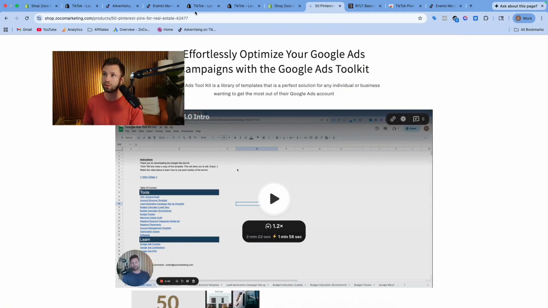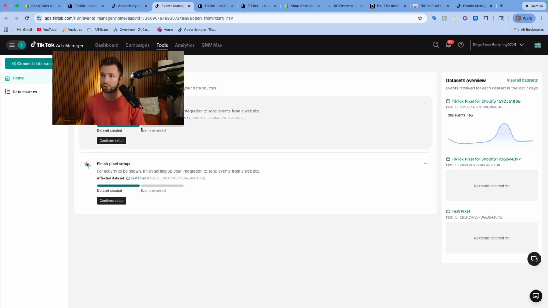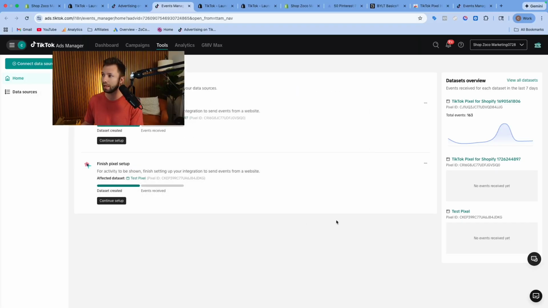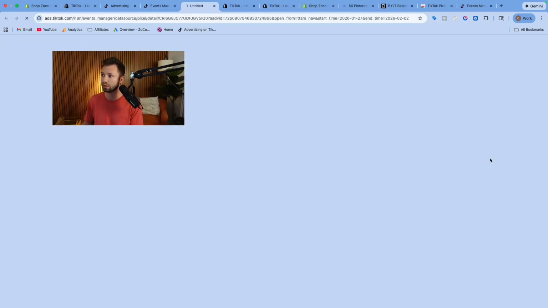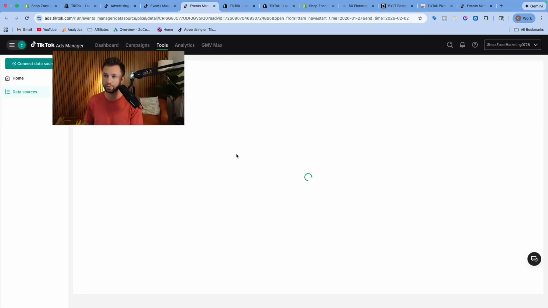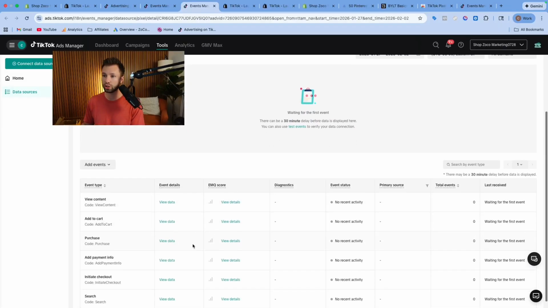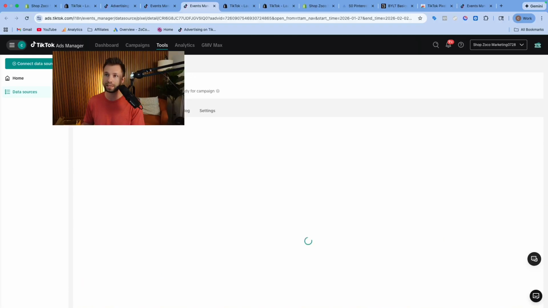Now, the second way that you can verify it is by going back over here to your events manager inside of your account. Once again, in order to get here, we went to tools and then we went to events manager. And then from here, this is the one that we installed it on. So we can come back and click on this actual pixel source. And you can see right now, we're going to say, got it. Right now it's not showing any events in here, but what we can do is test events,